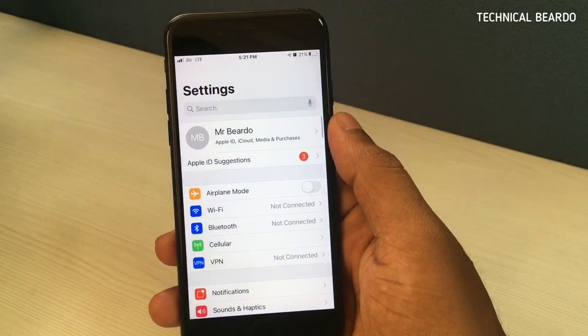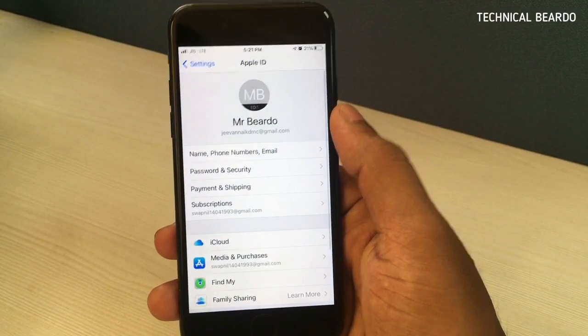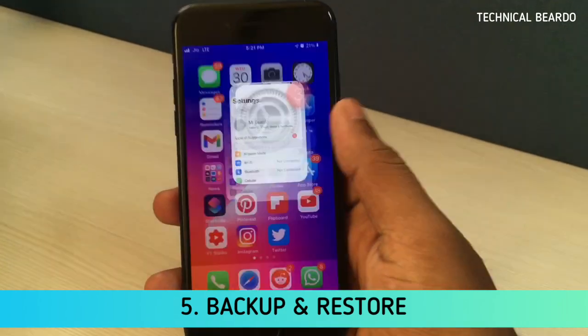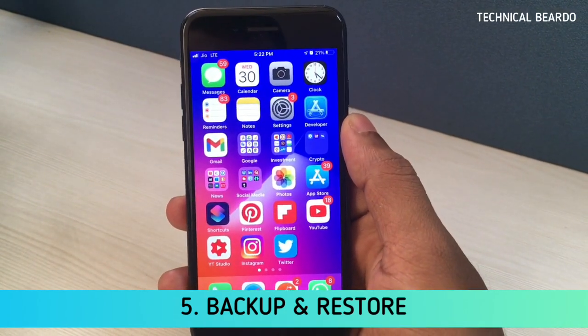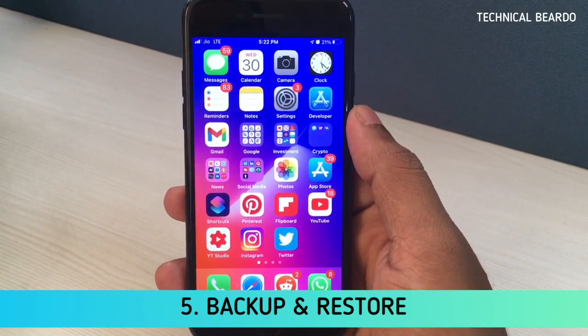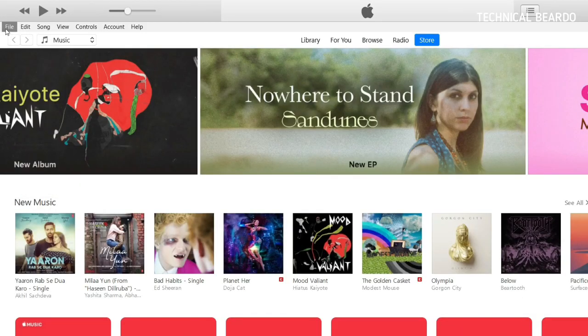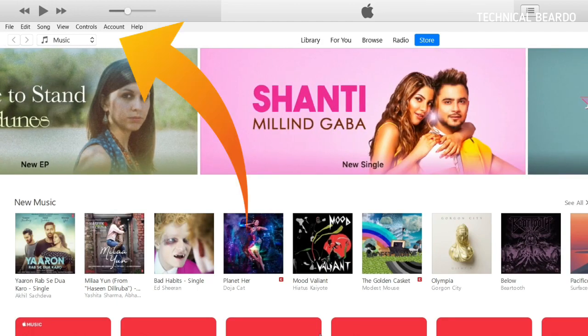So guys, once you have tried all the basic solutions, the previous solutions, and you still have the issue, then we'll talk about some actual solutions. Here we'll try restoring your device with iTunes. First we'll do a backup of your device, then restore it with iTunes. For this we require a PC or a laptop with iTunes installed. This is very simple. First of all, open iTunes on your laptop or PC.